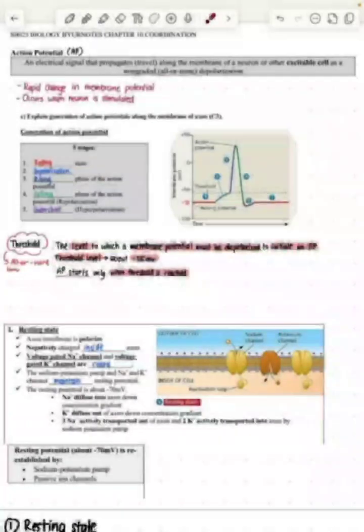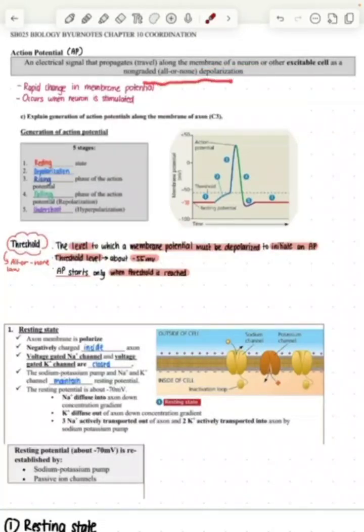Good morning everyone. So in this video, we will talk about the generation of action potentials along the membrane of the axon. But first, what is an action potential? An action potential is an electrical signal that propagates along the membrane of a neuron or an excitable cell as a